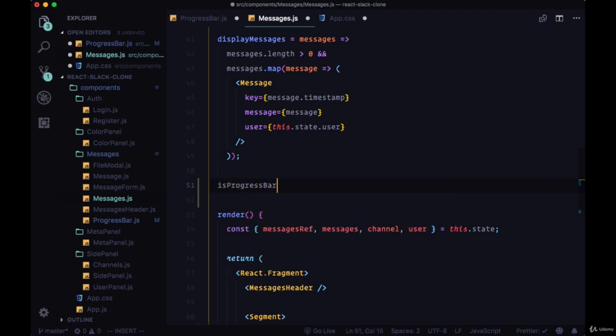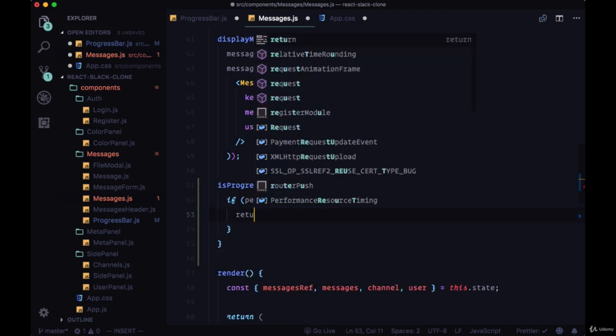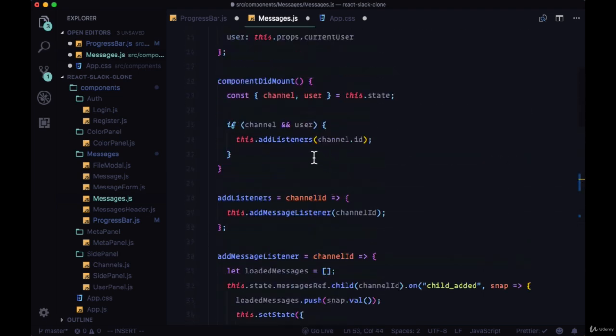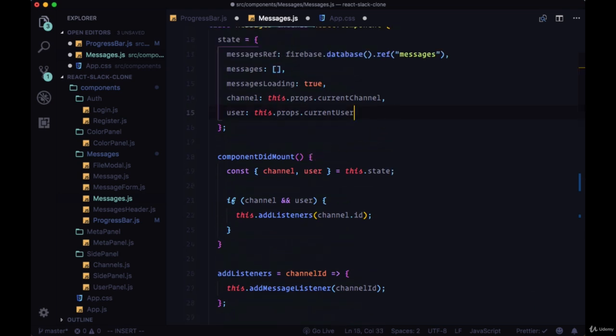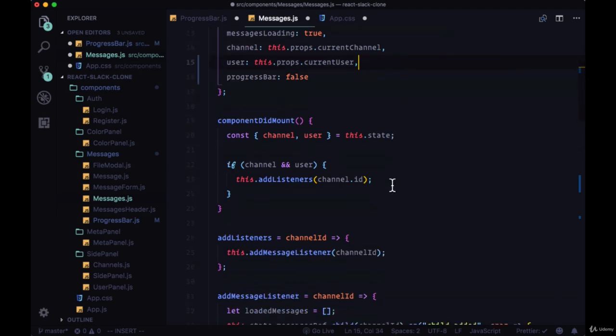We'll create a function within our messages component called isProgressBarVisible. It's going to take the percent of the upload, and it's going to check to see if percent is greater than 0, and if so, it's going to set the state of messages, specifically the progress bar property, to true. So we'll create a progress bar property, which will tell us if we have a progress bar or not. It will initially be set to false,